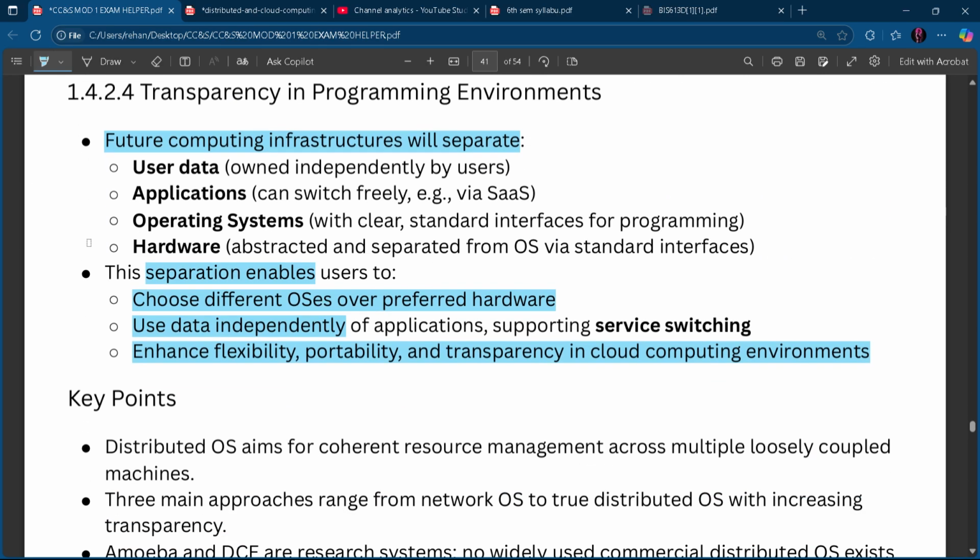Transparency in programming environment. In future the computing infrastructures will separate user data, so every user's data will be owned by independent users. Applications they can switch freely via SaaS, system as a service. Operating systems with clear standard interface for programming, hardware abstracted and separated from OS via standard interfaces. This separation enables choosing different OSs over preferred hardware, using data independently, and enhances flexibility, portability, transparency, and cloud computing